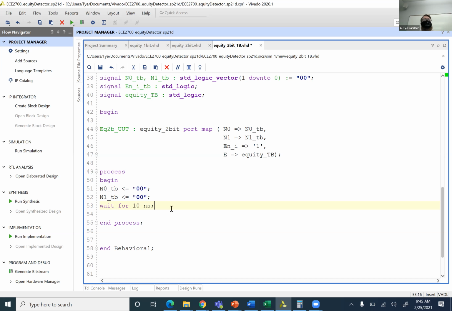And then we want to test, if I say exhaustively, all possible combinations of N0 and N1. That means I'm going to need 16 lines, right? 2 to the 4 lines of a truth table. So the easiest way to make this test bench, until I teach you for loops, because you could write a for loop on this one, which I haven't taught yet, we'll get there. If you're not using a for loop, the easiest way is to kind of plan it out in advance. So right now I'm at